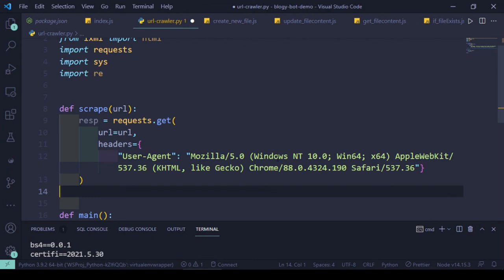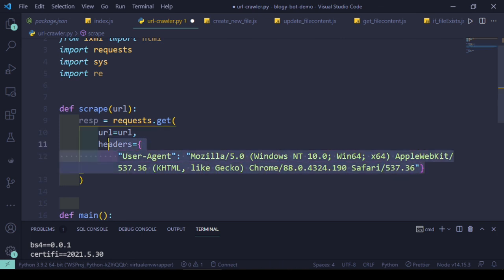Why do you need it? This is just to make the server, the SAP community blog post server, think that this is not a machine trying to get the access or the content. Rather, this is a real user trying to crawl it or see the data. By doing that, the server will not block the request. Otherwise, it may block you. So as a safer side, always put a header, put user agent, and put the value I have just shown from the browser.